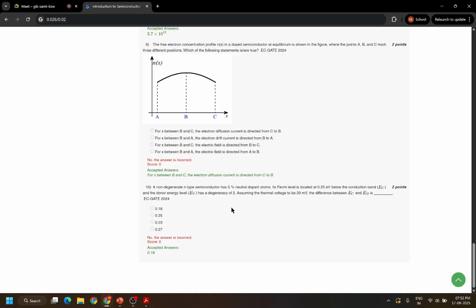A non-degenerate n-type semiconductor has 5% neutral dopant atoms. Its Fermi level is located at 0.25 eV below the conduction band, and the donor energy level has a degeneracy of 2. Assuming the thermal voltage to be 20 millivolts, the difference between EC and ED is